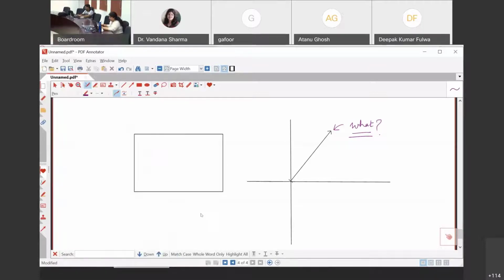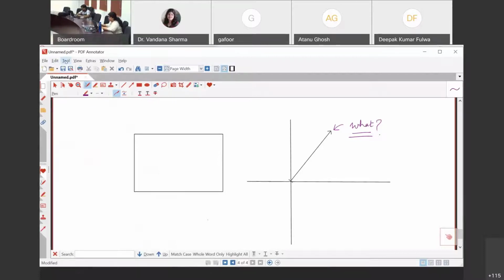So yeah, this you can explore. But one last thing I want to say is, as you will notice when you install this PDF annotator, your cursor will not look like this arrow, which is looking here. It will be a dot. And when you are making a presentation, students will not be able to see where you are pointing in the presentation. So they will say it's very tiny, we cannot see.